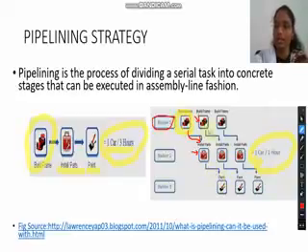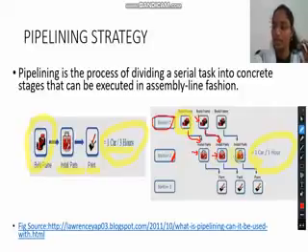Meanwhile, the second car, which is already built its frame, it can now come to the second station to install its parts, because this station is now free, because the first car has installed its parts and it has moved to the next station for painting. So this station will be now free, so the second car can be installed its parts.